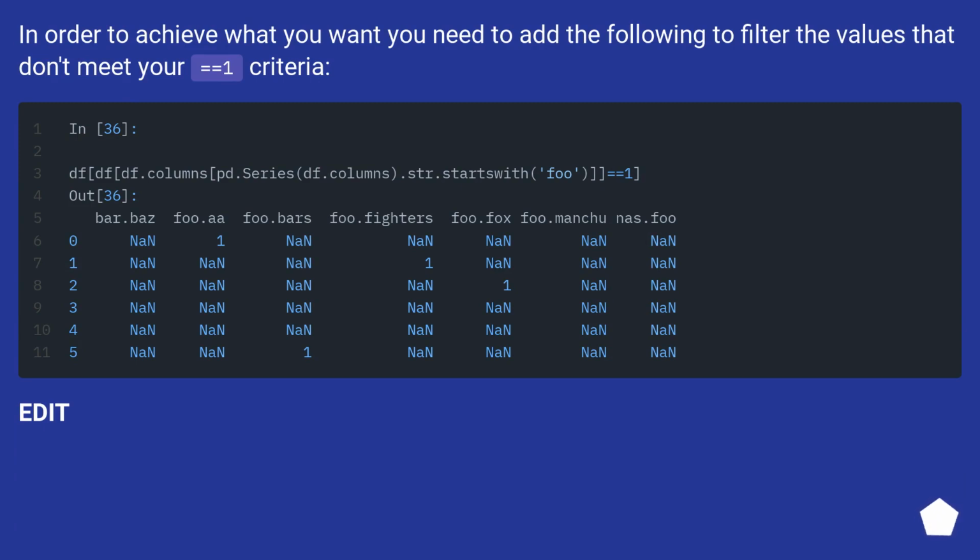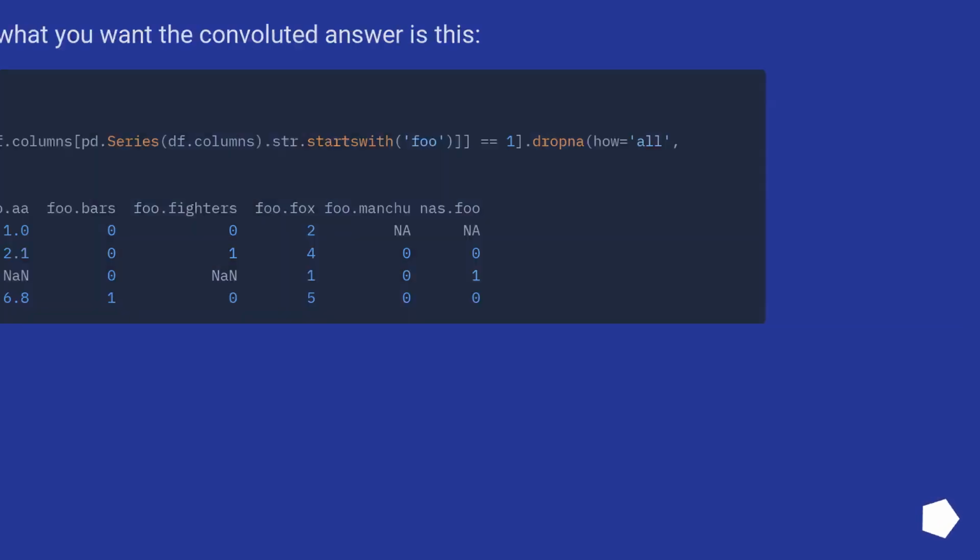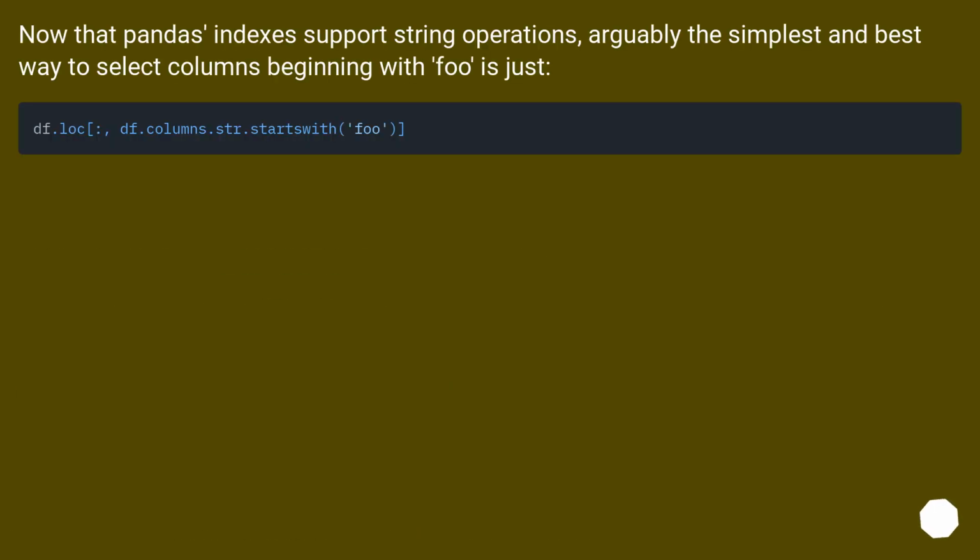Edit. OK, after seeing what you want, the convoluted answer is this. Now that pandas indexes support string operations, arguably the simplest and best way to select columns beginning with foo is just